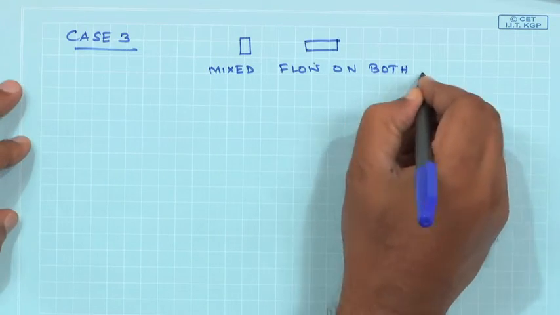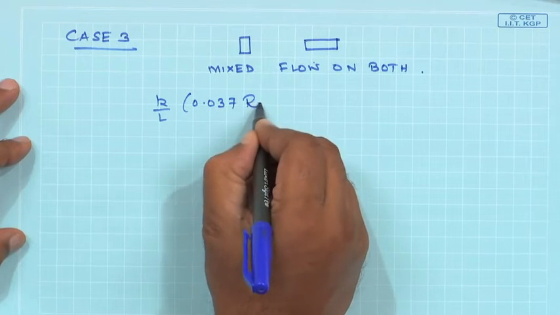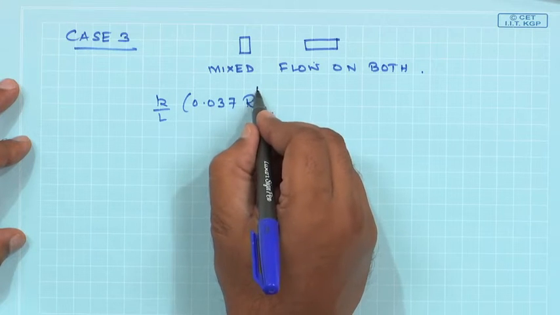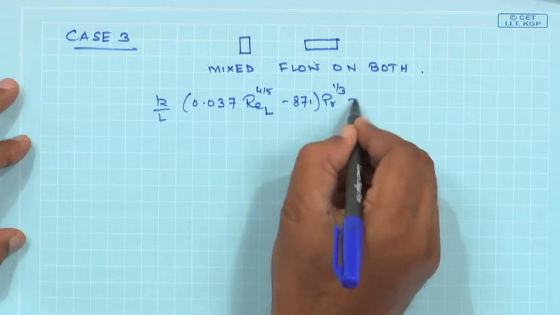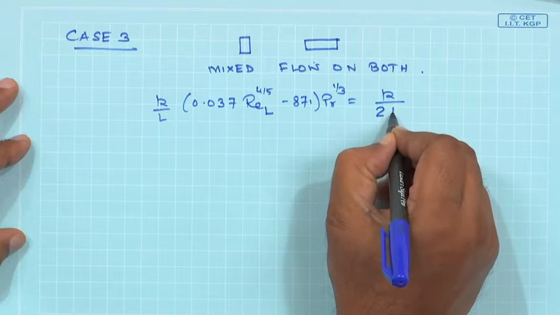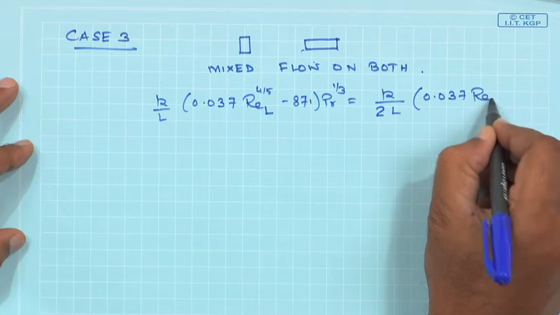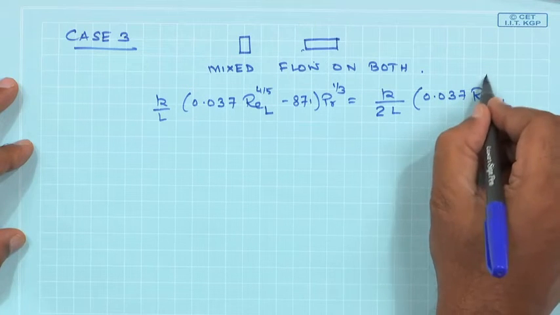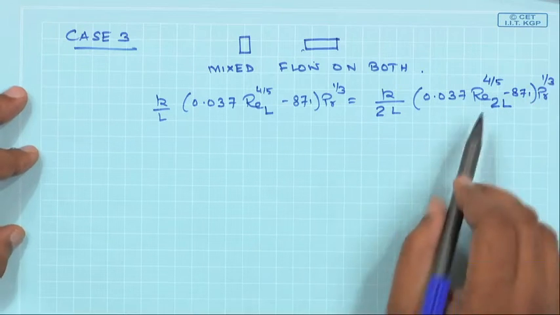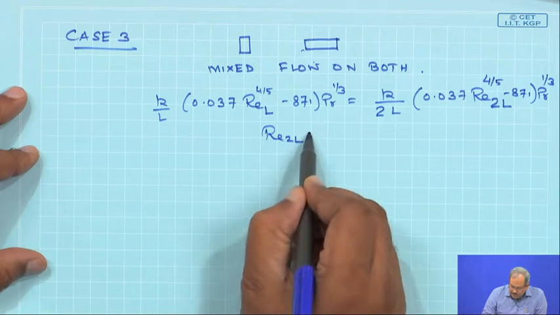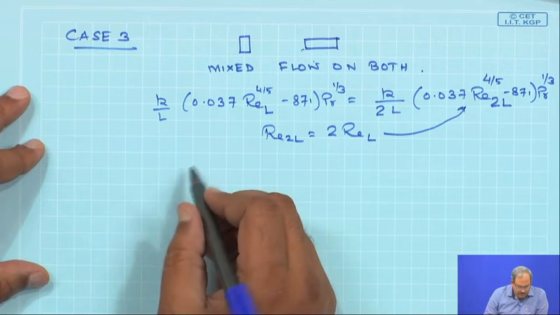So, if it is mixed flow on both, then K by L times 0.037, Reynolds number based on L only to the power 4/5, Pr to the power 1/3. Now, this becomes K by twice L, since this is the length here, 0.037, Reynolds number based on twice L to the power 4/5 minus 871 times Prandtl to the power 1/3, and we understand that Re_2L would simply be twice Re_L. So, when you put that in here and simplify, what you are going to get is